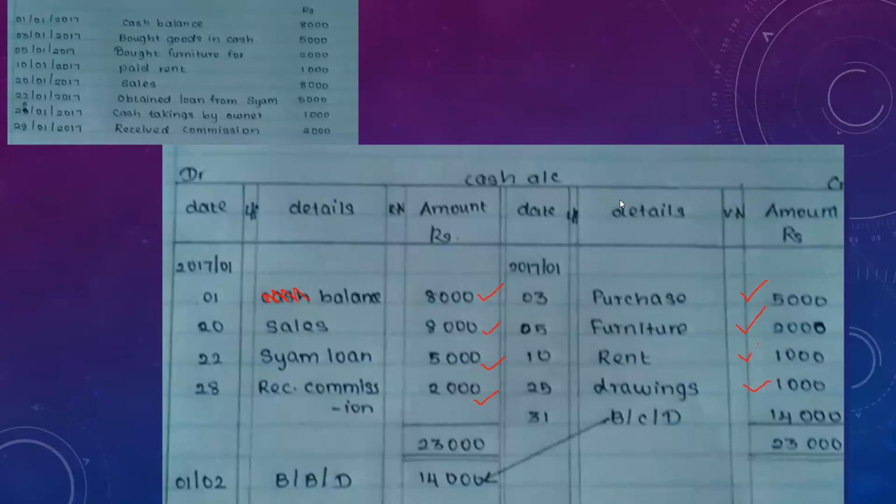Like when you buy stock, we don't write stock, we write purchase. It's a coding. When we sell, we say sales. Likewise, when you have a balance, my dear, cash in hand or cash balance, you must write balance in the account. You can't write anything else. Balance brought down is the final cash balance. This is what we have to follow in the classes. Don't miss the classes, okay?